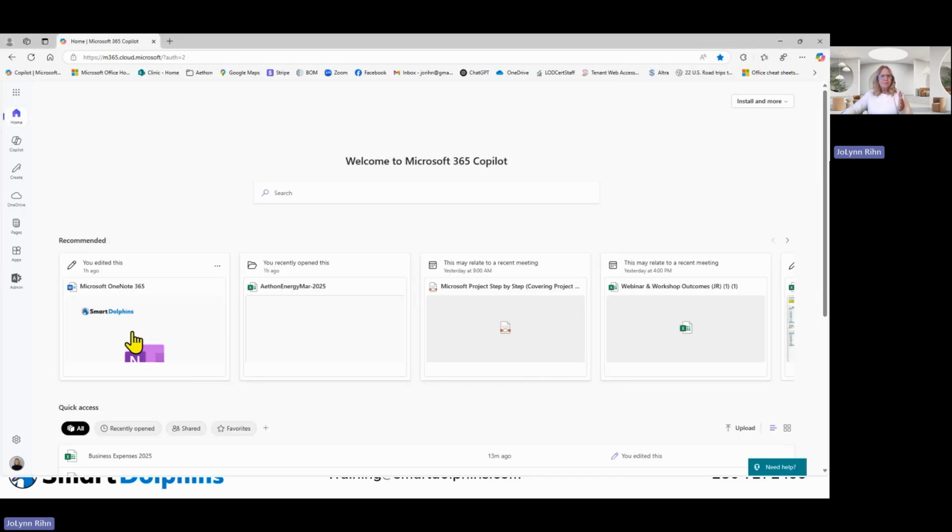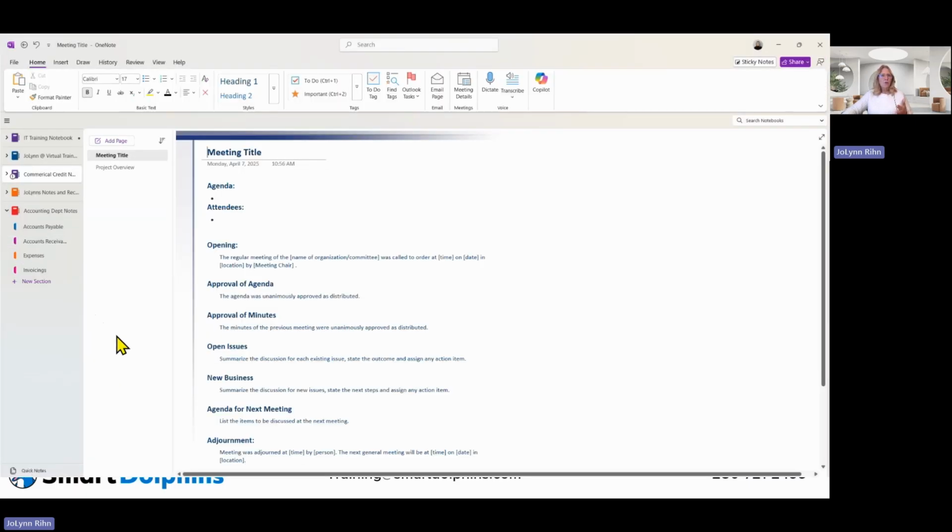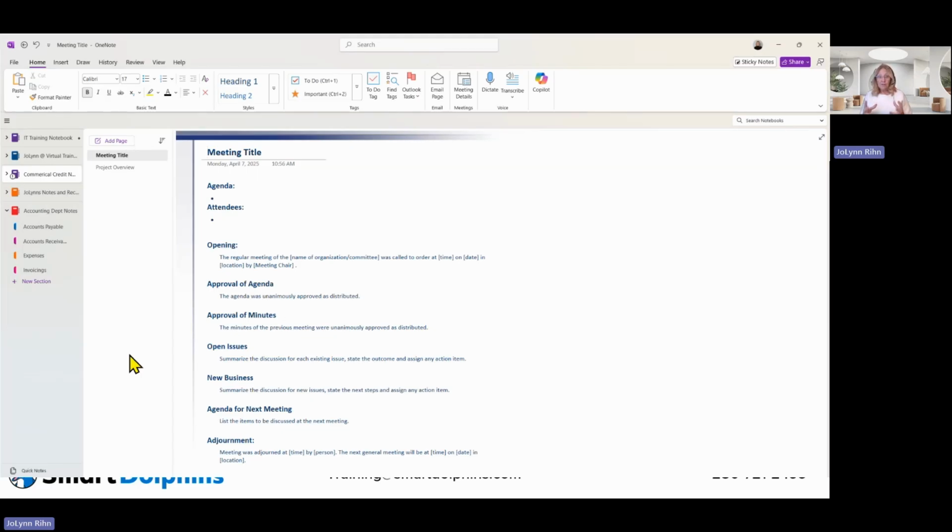But for starters, I just really wanted to talk about what exactly is OneNote. So OneNote is an electronic notebook that we have for free through our Microsoft 365 account. It is something that has been around for a very, very long time with Microsoft. I know I've been using it for 15, 20 years already. And it allows us to have separate notebooks. And inside each notebook, we'll see today that we have sections and we have pages to organize our data,